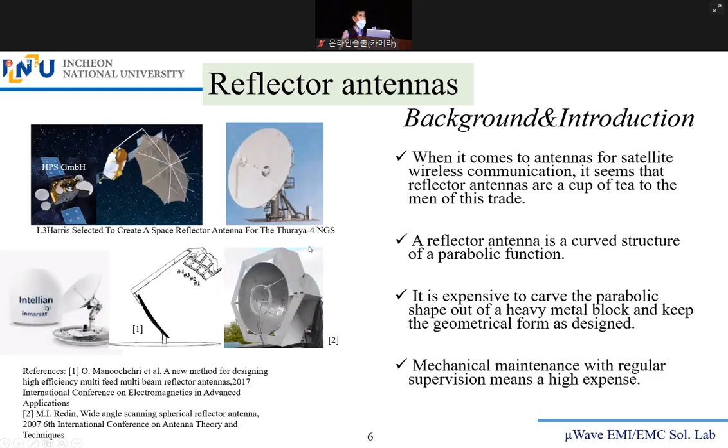Reflector antennas. Yeah, you can see everywhere, almost everywhere. I took these pictures from the applications to the satellites or the ordinary mobile communication. If you go to the broadcasting stations, on top, there's a tower. You can see many reflector antennas are held there. Reflector antenna is still quite strong, but the problem is it is expensive to keep it on the right side. That's the thing.